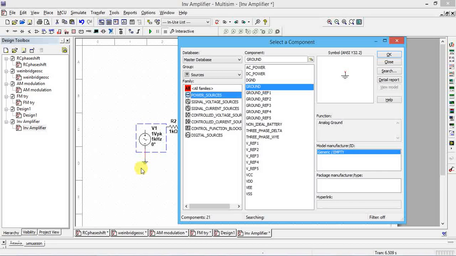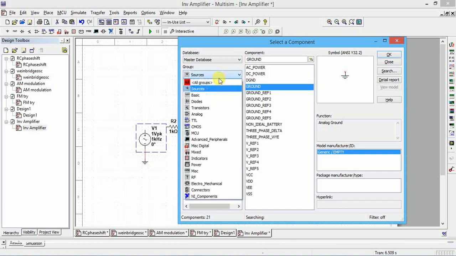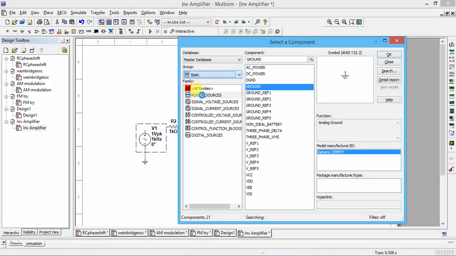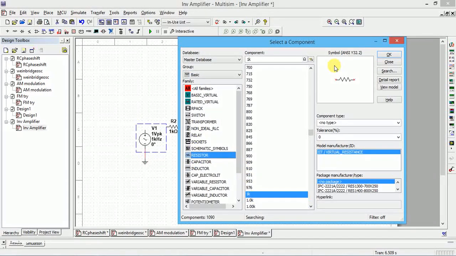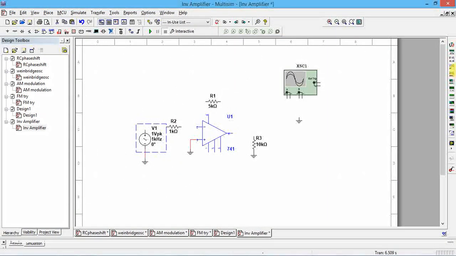Two grounds you have to place here. After that, resistors are available in the basic group. By default the resistor is 1k. Place two resistors and pick one oscilloscope here.